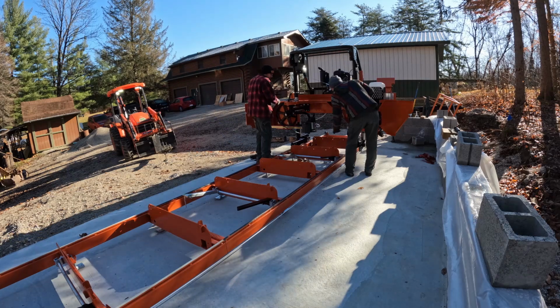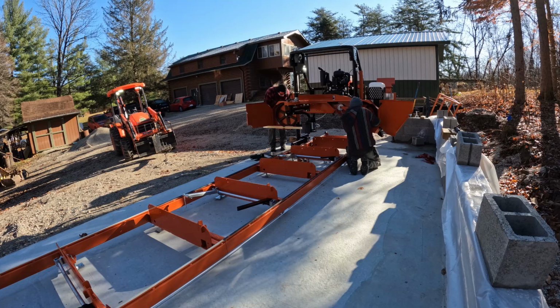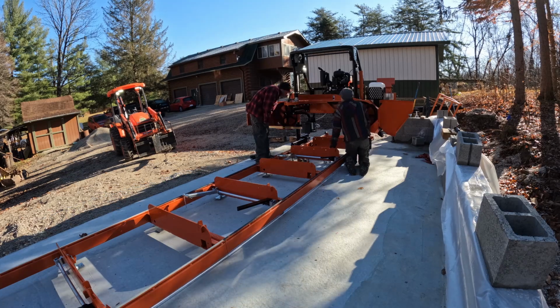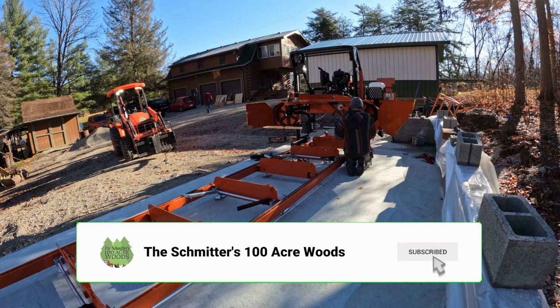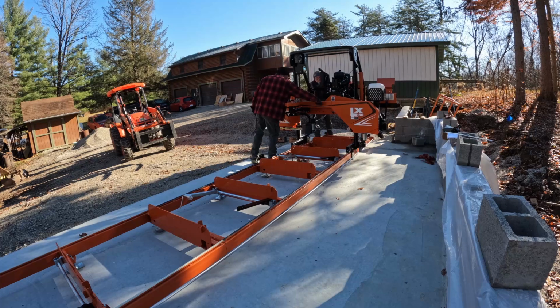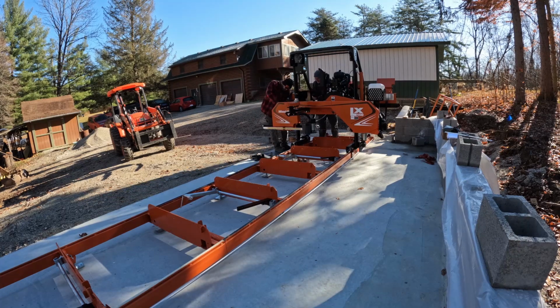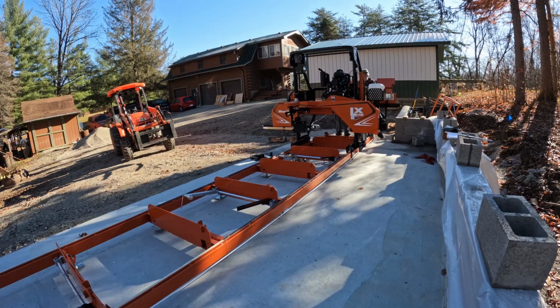Okay, welcome back. So this is the first use of the sawmill, so a lot of this video will be just overview stuff and sawing boards. I don't go too into depth on anything until we have a better handle on it. I'll explain at that point. So first we got the blade put on, and again I'll show how that works on the LX150